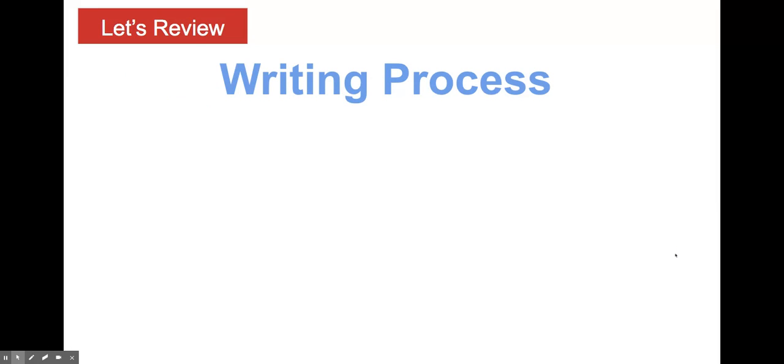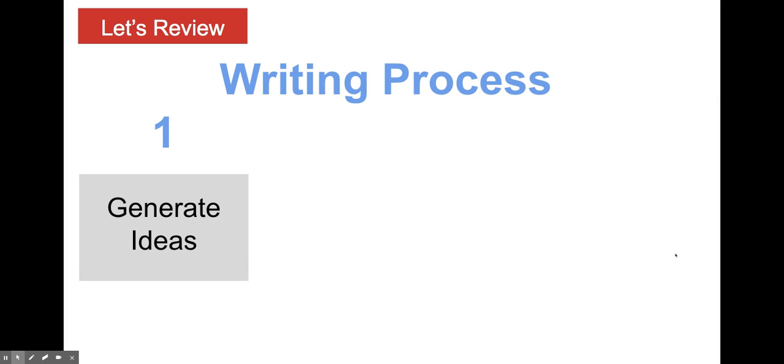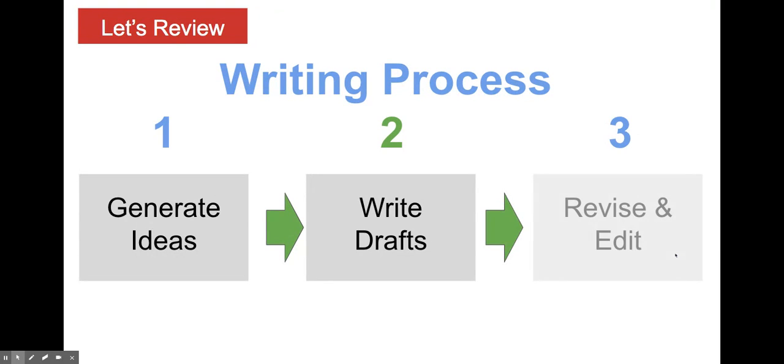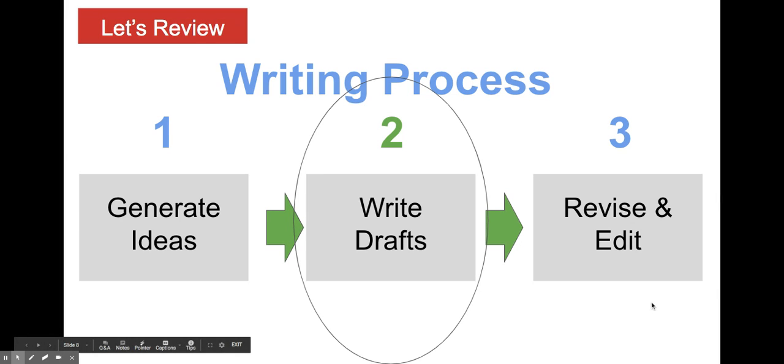Let's also review our writing process. First, you generate ideas or brainstorm. After you come up with some ideas, secondly, you want to write your draft. So now you're writing complete sentences. And third, revise and edit. So go back and fix some things, take out some edits, and make sure you don't have any grammatical errors. Today, we are on our second step. We are writing out your project starting with our thesis statement. Tomorrow, again, is when you will revise and edit and make sure it is perfect before the due date.